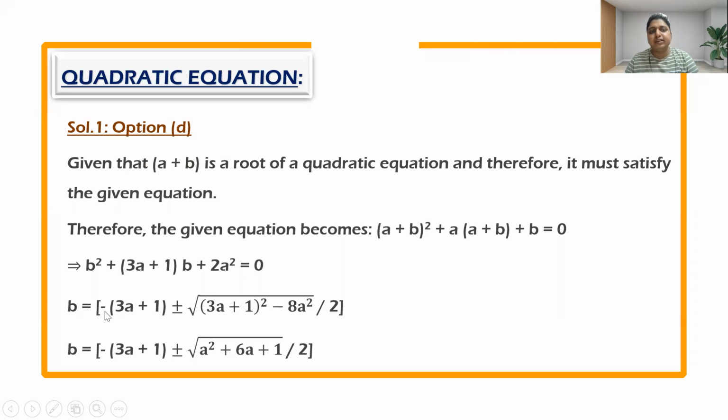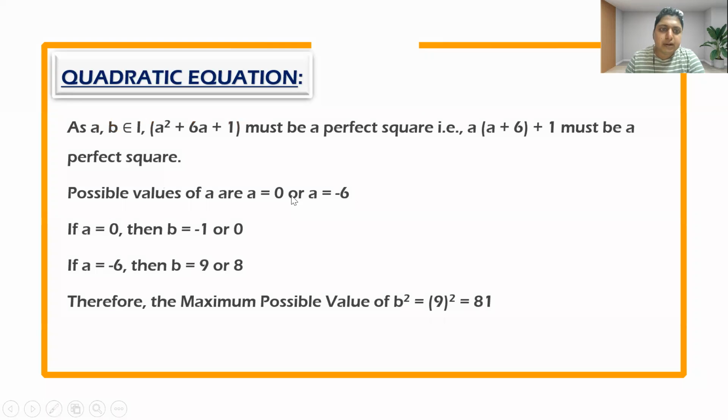So we have to find the root, that is x is equal to minus b plus minus root b square minus 4ac upon 2a. That is the formula that we implemented in that equation. So we got d as a square plus 6a plus b equal to 0. So we have to make it a perfect square. So to make a perfect square, we have